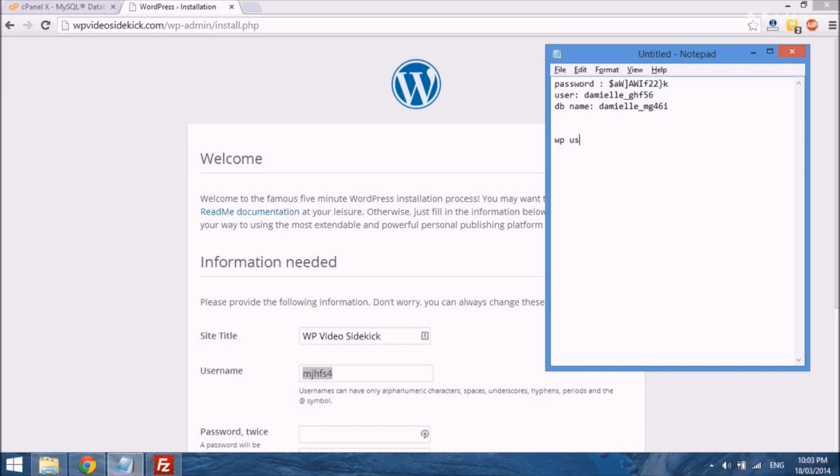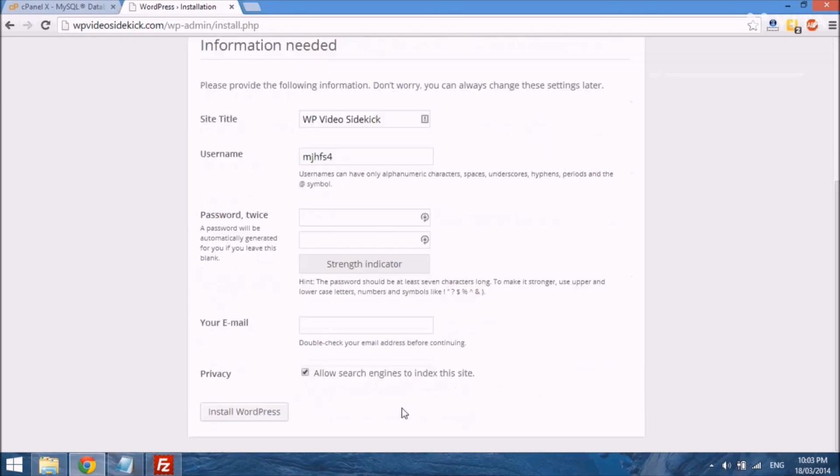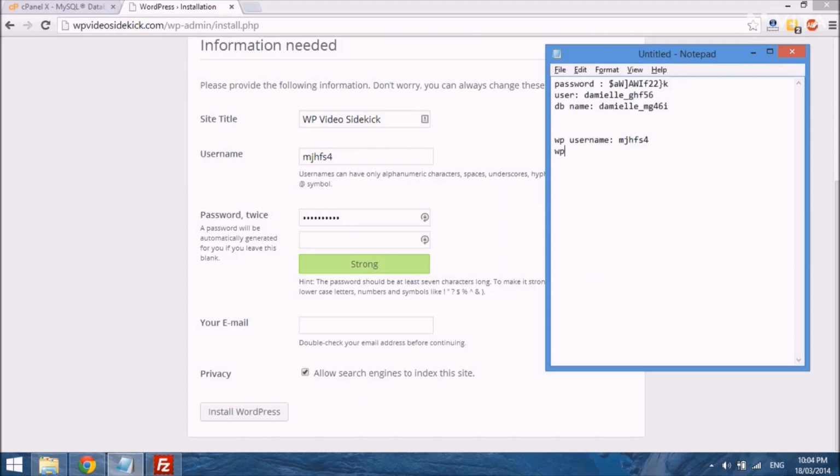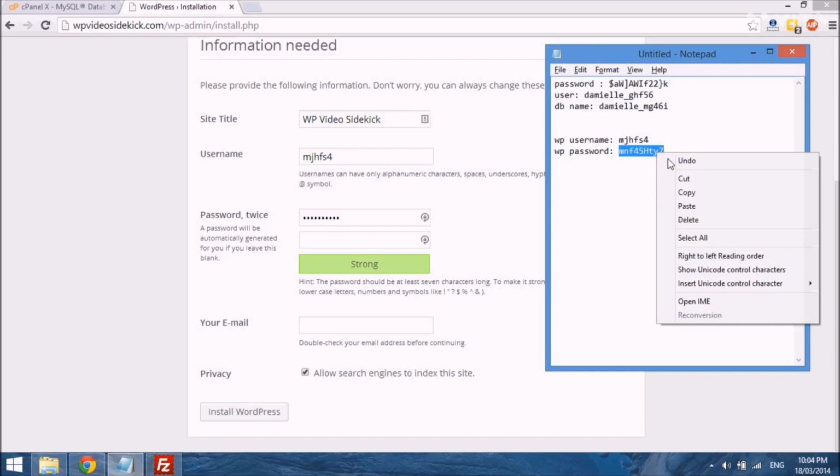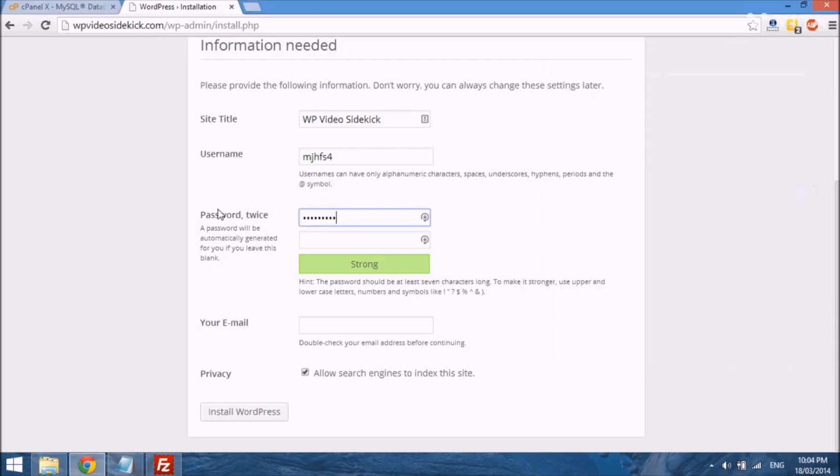So our WP username, we need to just save that, and the password, and you just need to create something that's strong. Try using some common letters and capital letters, and what I'll do is just go back WP password. So if we go and I'm just creating a random password because this is just for demonstration. And if we go back here and we just paste it in, and